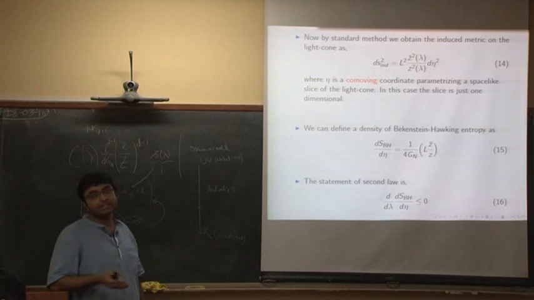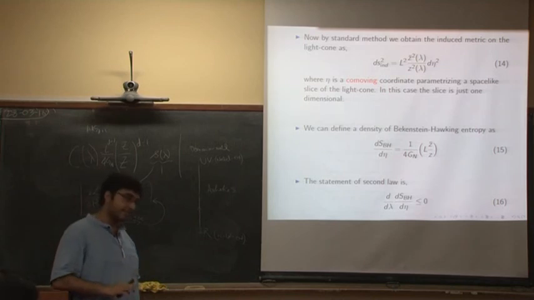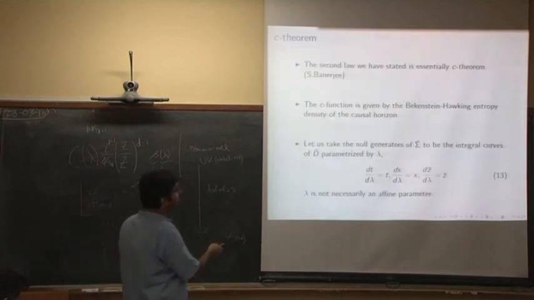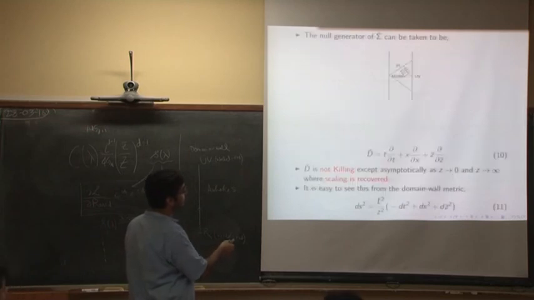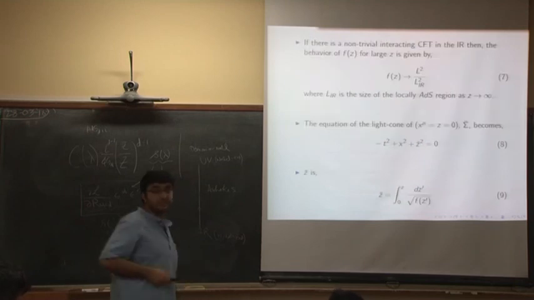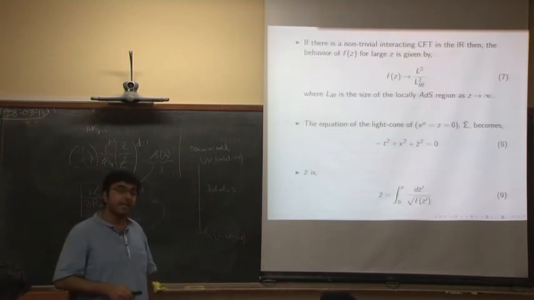That would be like the proof of the second law. But what I'm saying is that if you give me an expression which satisfies the second law, at least in this particular geometry that I'm talking about, say this RG flow geometry, in that case I can construct a C function from there,